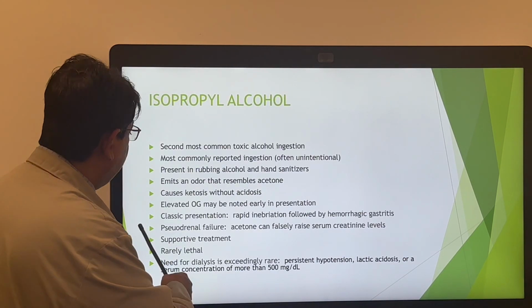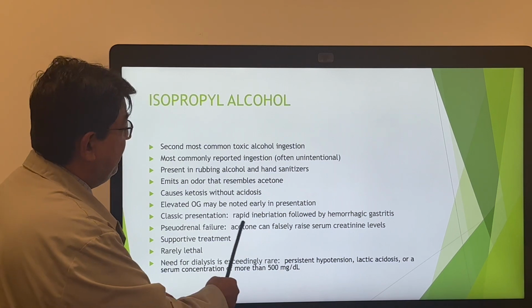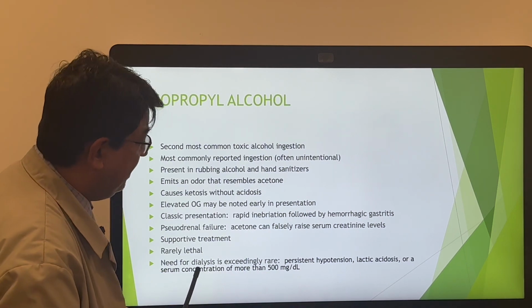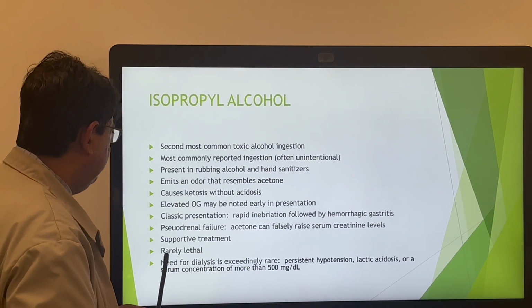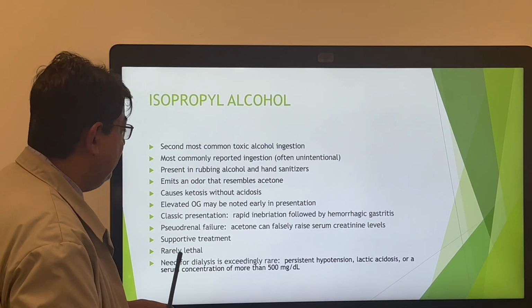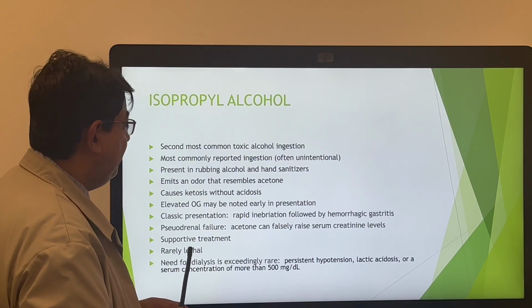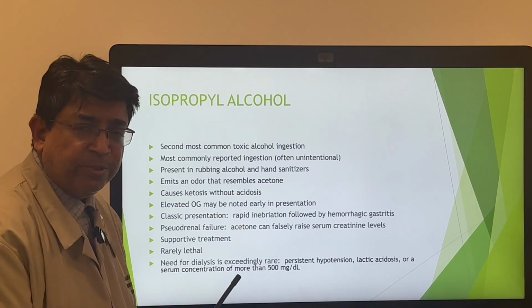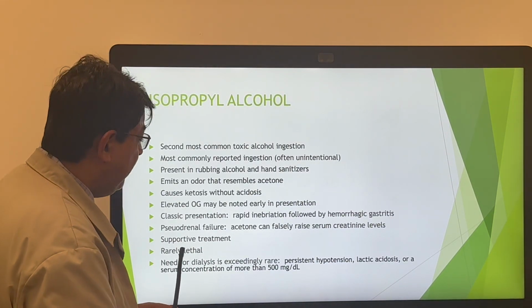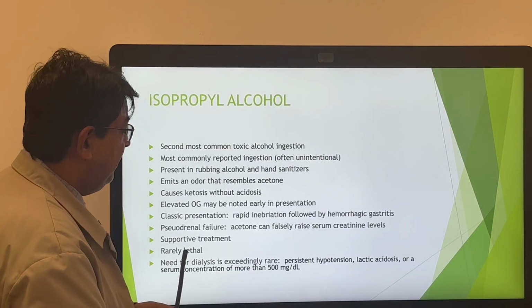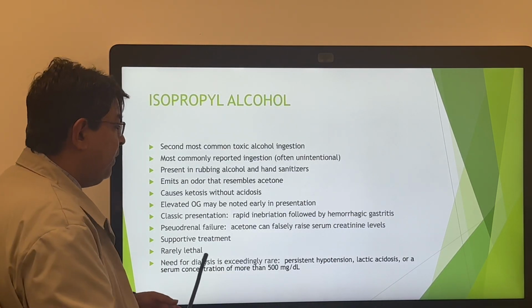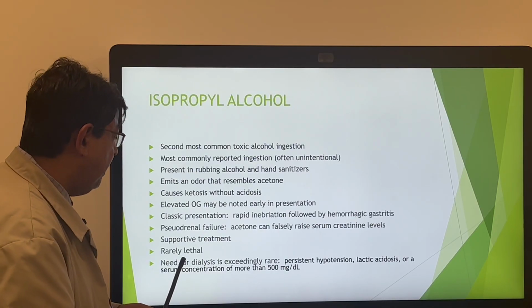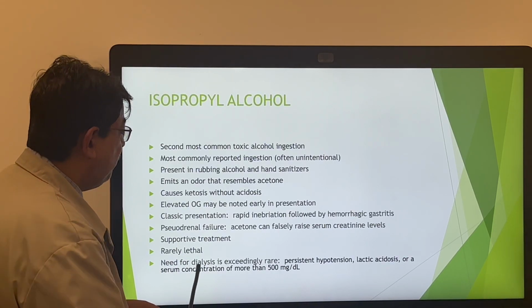It is sometimes associated with pseudorenal failure because acetone can falsely raise serum creatinine levels. So sometimes you may think you have AKI, but it's actually a falsely raised serum creatinine level. Treatment is supportive. Dialysis is almost never needed. Very rarely do you need dialysis. That would be in instances of persistent hypotension, lactic acidosis, or if the serum concentration is more than 500 milligrams